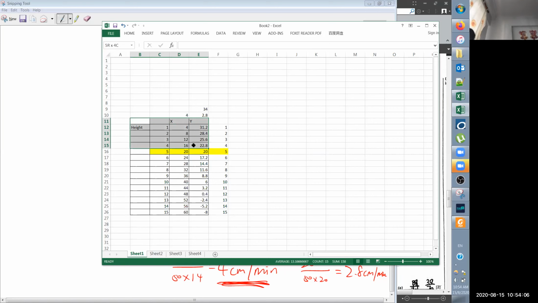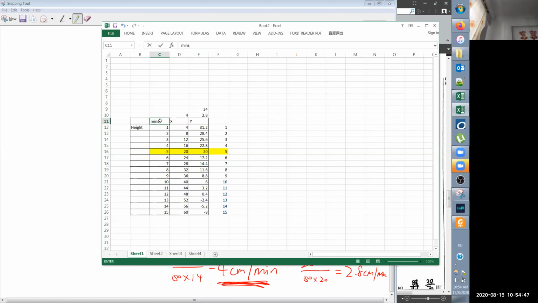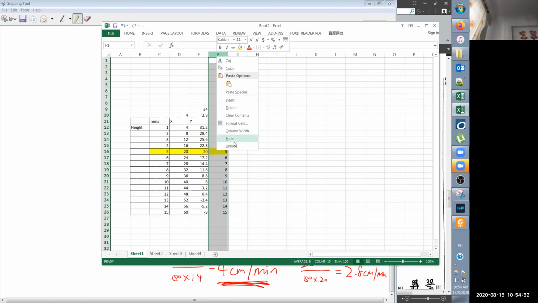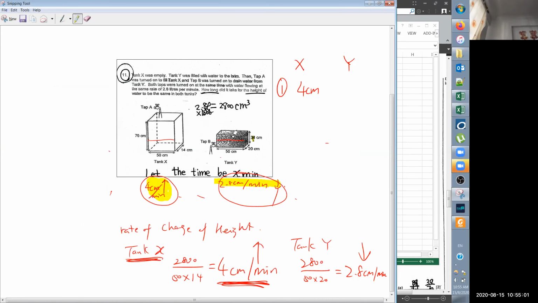So you need to create a table. Just list down until you see they hit the same value. That is where they reach the same height. So the key thing here is you need to find out the rate of change of height，就是高的那个增长或者高的那个下降。Which is these two. Can you see? The one I circled already. This one is the height increase per minute. This is the height decrease per minute. So once you have these two, then you just list down by minute. Then you can get your answer already. Alright? 对吗？Okay? Alright. 所以这一题回去再看一下这个 recorded video，因为这题还是蛮经常出现的，我觉得。OK？